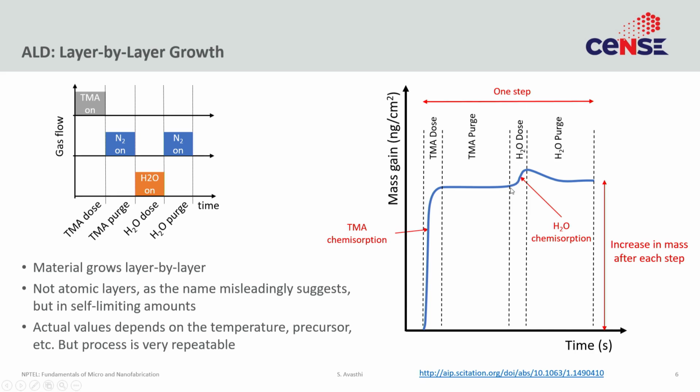When you introduce water, once again chemisorption happens and the mass increases, and once you know that the reaction is completed and flatlining, you turn the water off and then do the nitrogen purge. Now, interestingly, unlike TMA, you do see some drop in mass here. It doesn't go all the way down, so some of the water remains, but with time the amount of water falls. This is often a non-ideality seen in a lot of precursors. TMA is an excellent precursor, it does not have this non-ideality, water does.